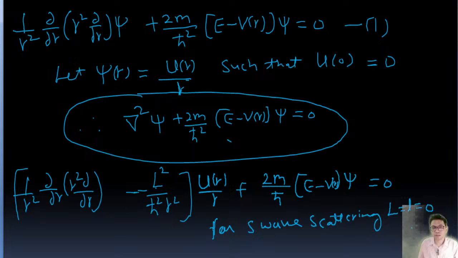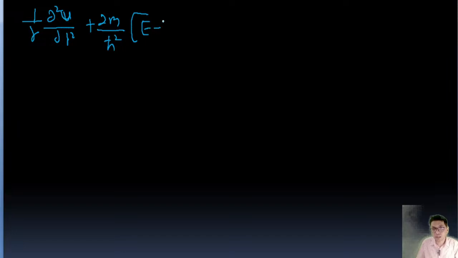So then the equation is going to be 1 upon r del square u upon del r square, where u is the function of r, plus 2m upon h cut square (E minus V(r)) equal to,